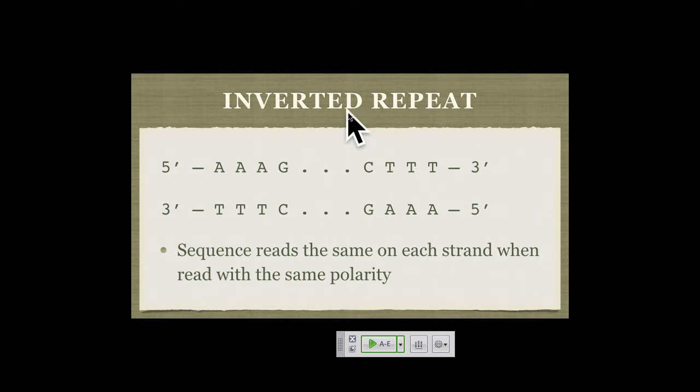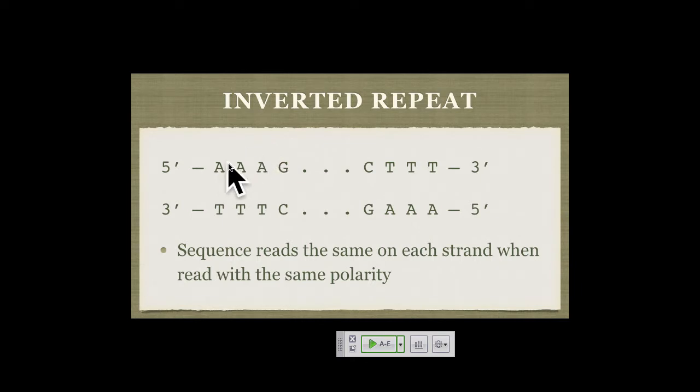This is a really important sequence, structure, whatever you want to call it. It's confusing, and I'll walk you through it, and hopefully you'll be able to see it. It may not make sense at first. It's an inverted repeat. What it means is the sequence is exactly the same on both strands when read in the same polarity. And these inverted repeats pop up all the time in terms of being regulatory structures and controlling elements and parts of transposable elements. So you see this in molecular genetics time and time again.